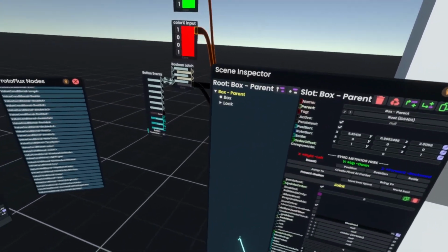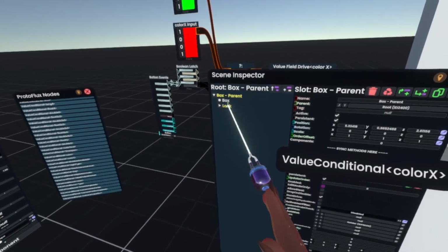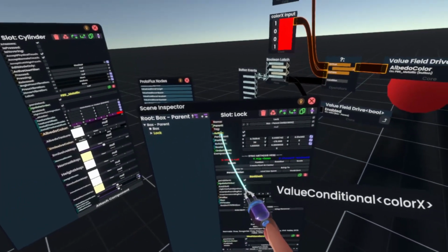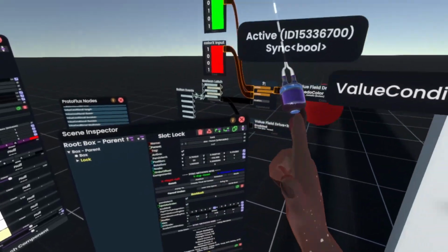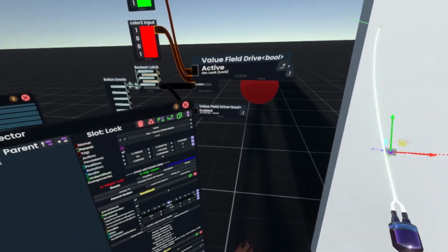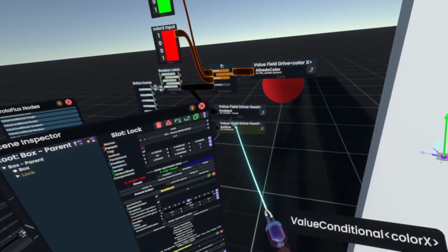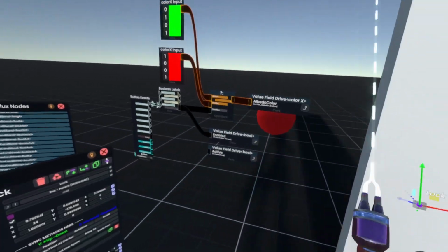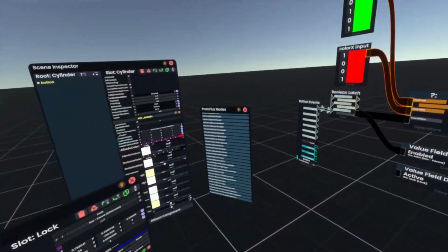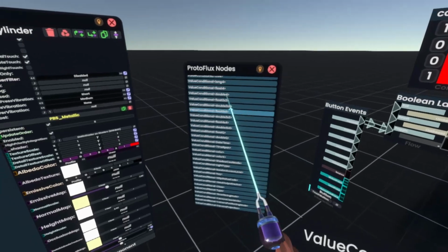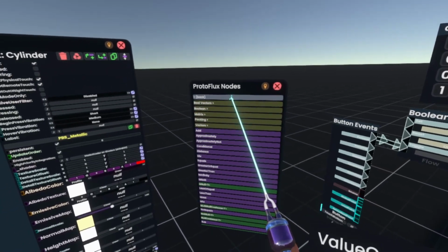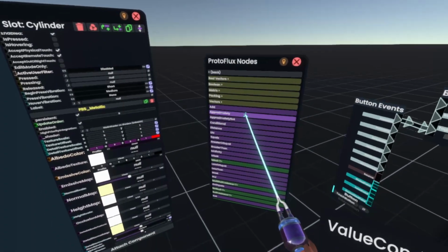So for that one, what we'll do is we'll select the lock, double click on it, then we want the active variable, grab this, open your context menu, drive again, and you see it's disappeared. But since we want the lock to be active when this is false, we want to get a not node. So we'll go back to a node browser, go back, and while we're still in operators, we want